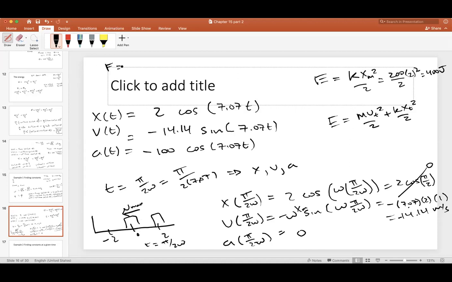Remember, the force is minus kx, but if x is 0, there's no force acting on this block as it passes through the equilibrium point. We could similarly, and you could do this for yourself,